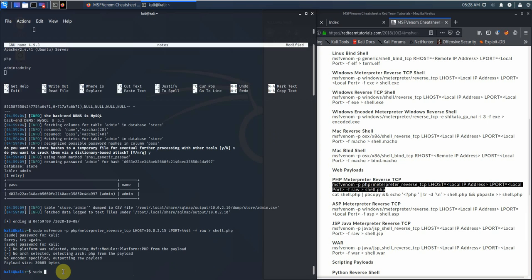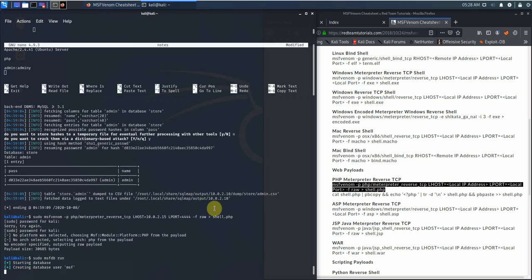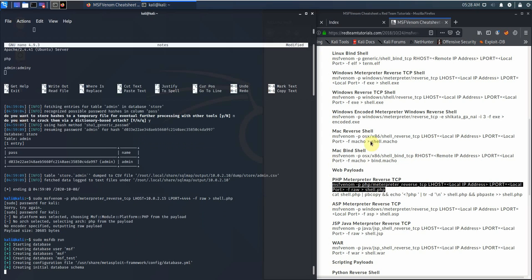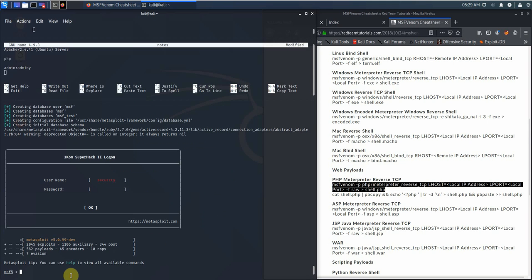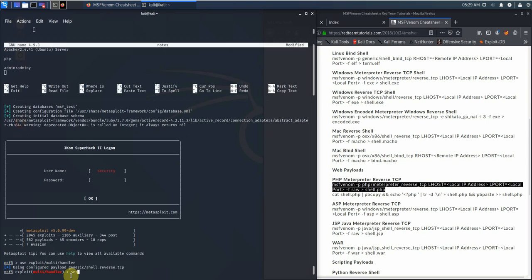So now if we run Metasploit, so sudo msfdb run, we can use the exploit multi-handler in order to catch our shell. We set the payload to PHP Meterpreter something like that. I'll have to find that. So use exploit, multi-handler. And then set payload to